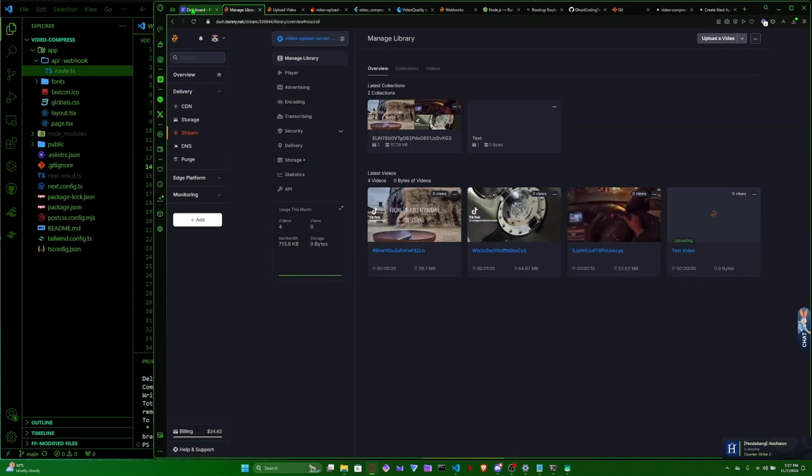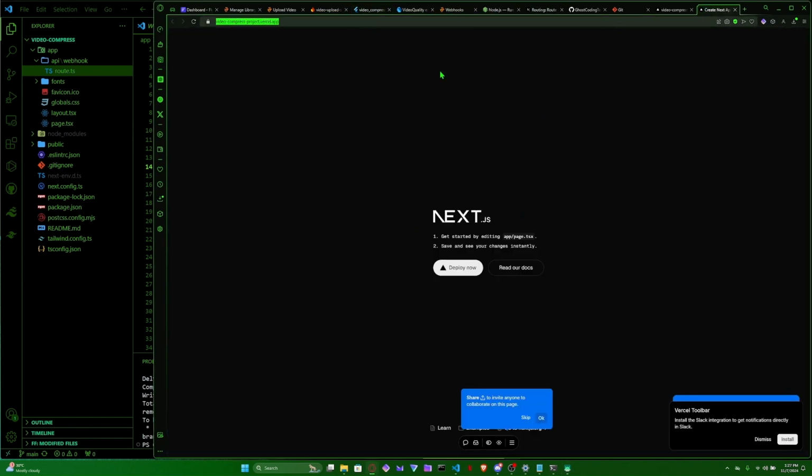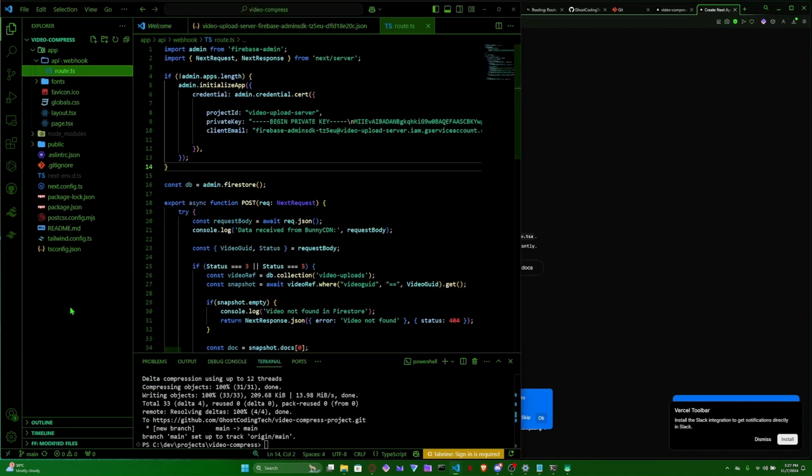Okay, well, it completed now. So if we go back to our application, then we will now see we have our green check mark. Now this was handled using our webhook that we deployed to Vercel. Right, now that's done, let's